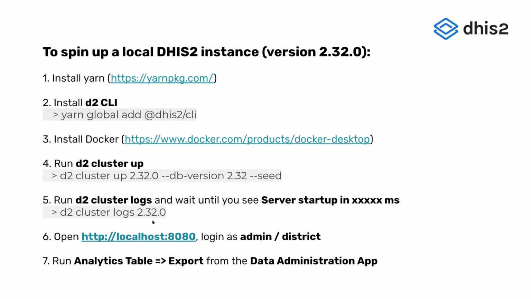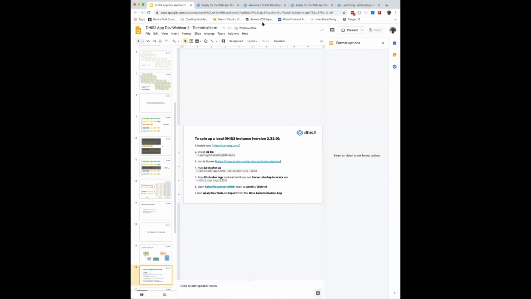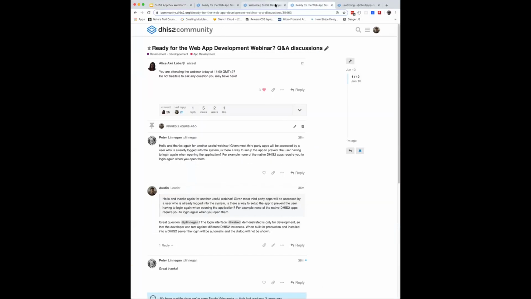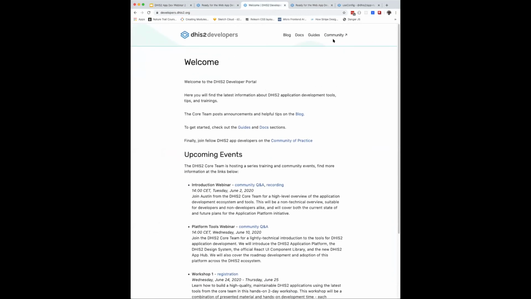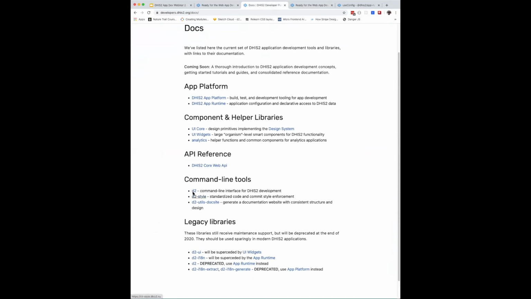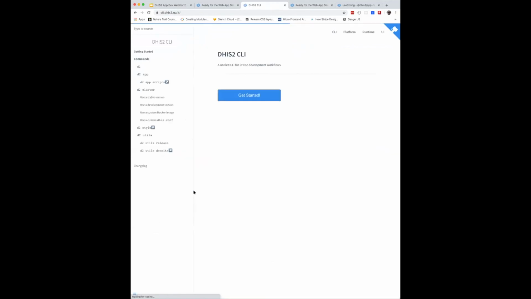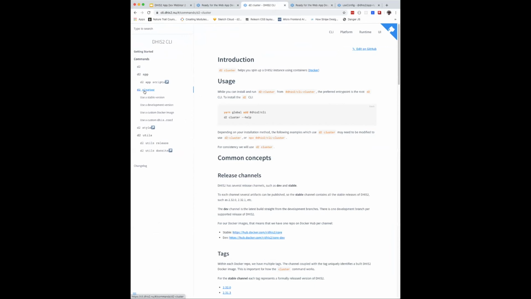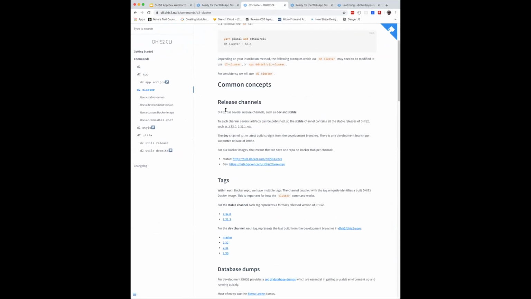This is really cool because it allows you to have potentially multiple instances running on your local machine to test against 232, 233, 234, et cetera, or different database versions. You can find out more about this, as with everything else, on the developers.dhis2.org. If you go to the docs section and you click on the D2 command line tool, so the command line interface for DHIS2 development, there's a pretty extensive documentation here specifically around the D2 cluster command, which talks about the different